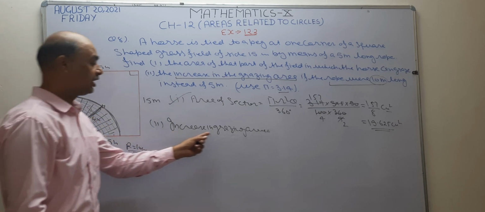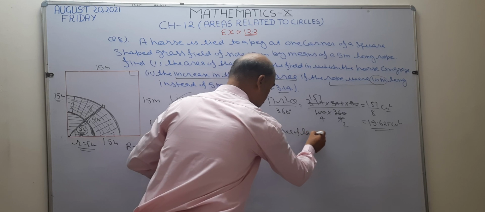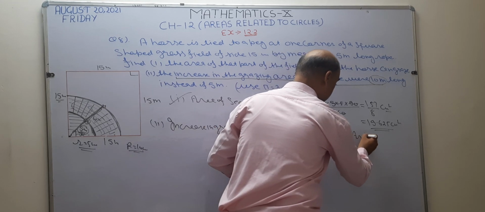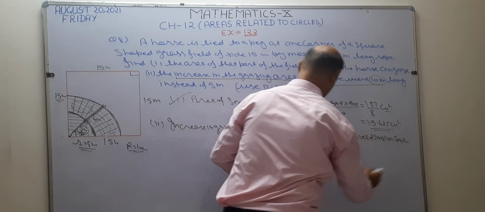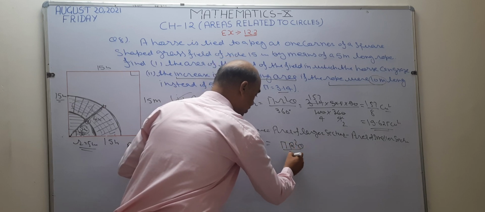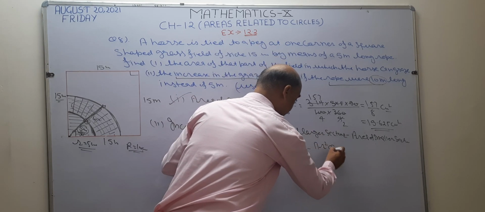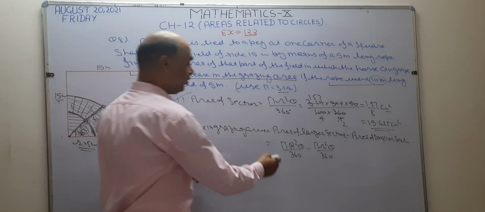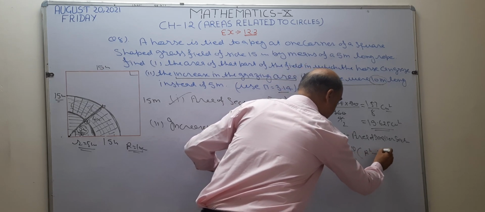So right here, increased grazing area is equal to area of larger sector minus area of smaller sector. So area of larger sector, meaning capital R, I am going to use pi capital R square theta upon 360 degree. This is the formula of finding the area of sector. For the smaller sector I am going to use radius small r. And you know that small r is 5 and capital R is 10 meter. Now what is common between these two? Pi theta upon 360 degree is common. What is left? R square minus r square.